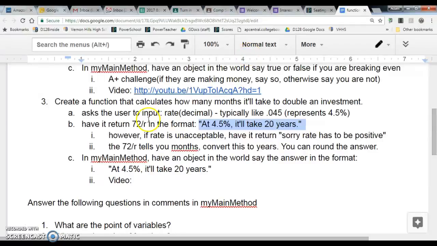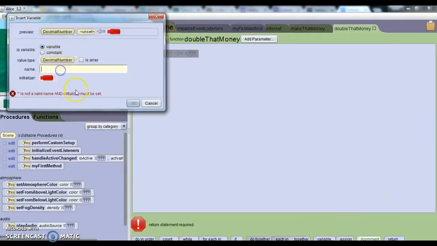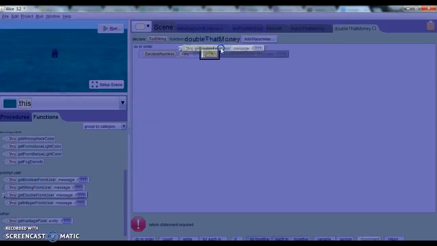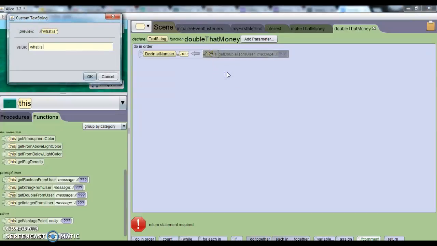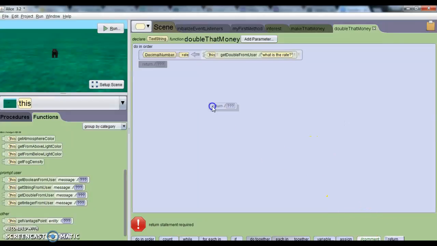Okay? And you need to ask for basically just rate. So we have a variable that's a decimal number for rate. And we ask, what is the rate. So it'll return 72 divided by R in the format of this. Okay? So if we return